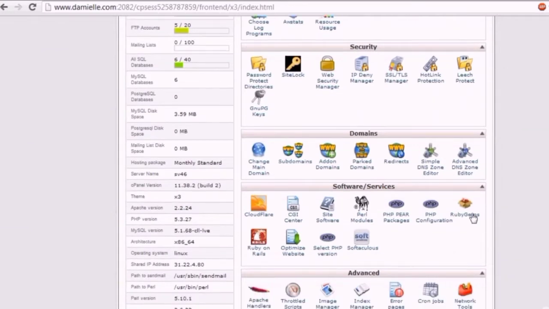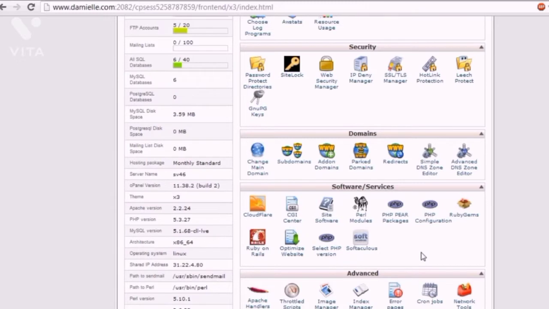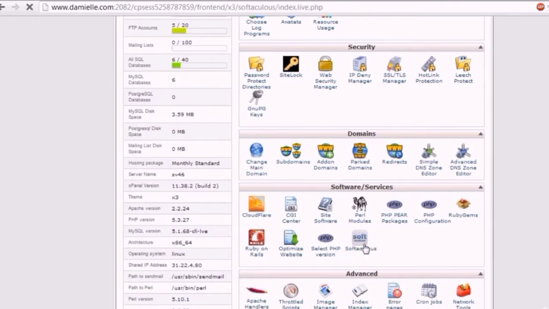So the first thing you want to do is go and look for software/services, and depending on your hosting account this may be slightly different. So here you'll see Softaculous, and a popular one is also Fantastico Deluxe, or you may see Auto Install. And if you don't see any of these, then you just want to contact your hosting provider and find out exactly which auto installer they have. They all basically pretty much work the same. So I'm just going to go ahead and use Softaculous because that's the software that is available in this